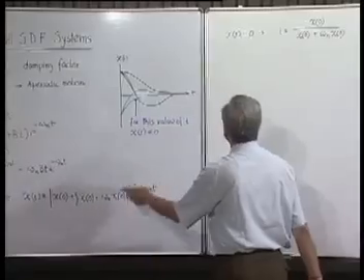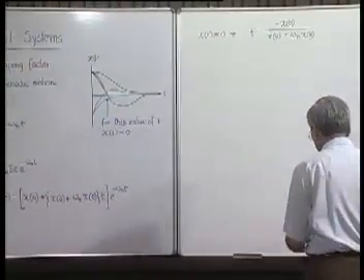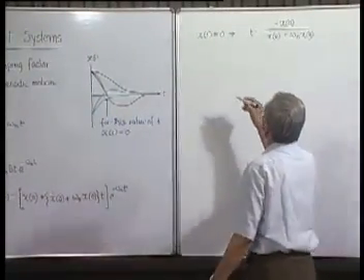This is equal to 0 means t is equal to this. So again, for t to be positive,